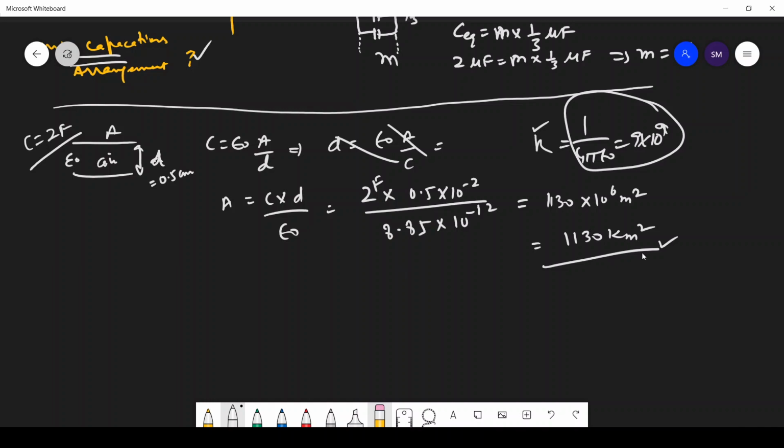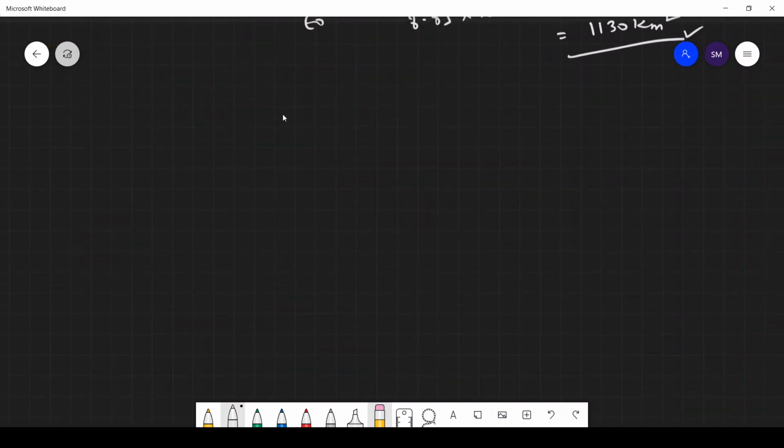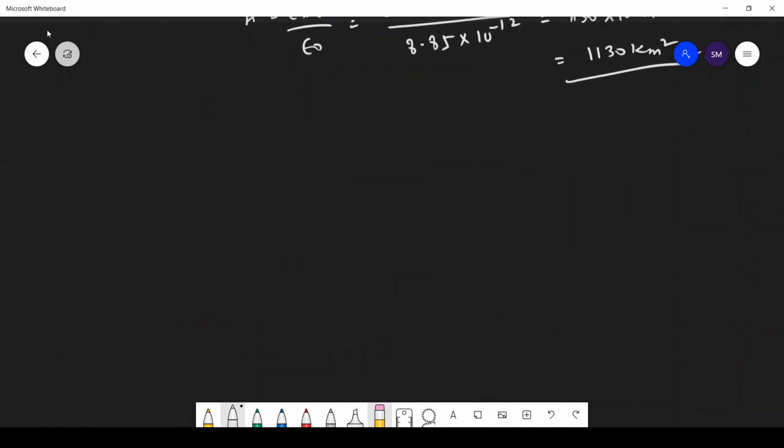Now let us do one more question based on the capacitance. So this was question number 2.24. Next question, 2.25. Students, you will definitely have a question related with